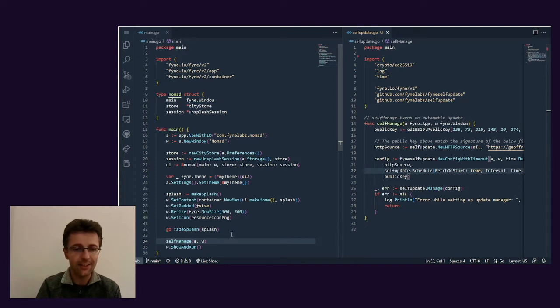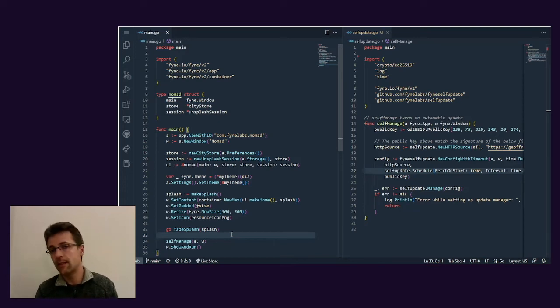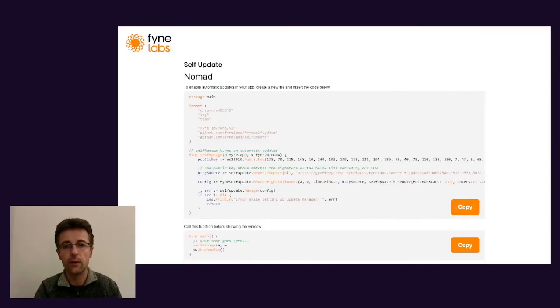On the main itself, as you can see, we just call self-manage just before doing show and run. That's so that we can provide the window and the information for self-manage to be able to restart the application and display its pop-ups and things like that. And when that's done, that's pretty much it. You just now need to deploy your build, and that will be it. So let's go back to Geoffrey,